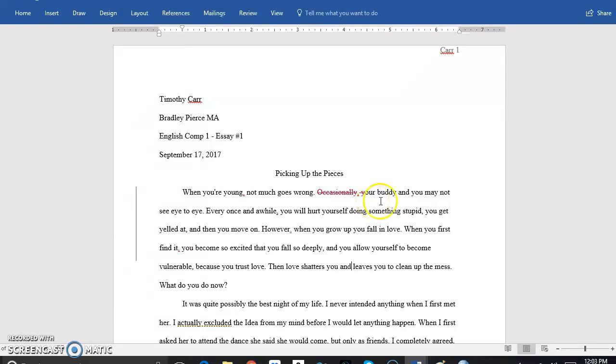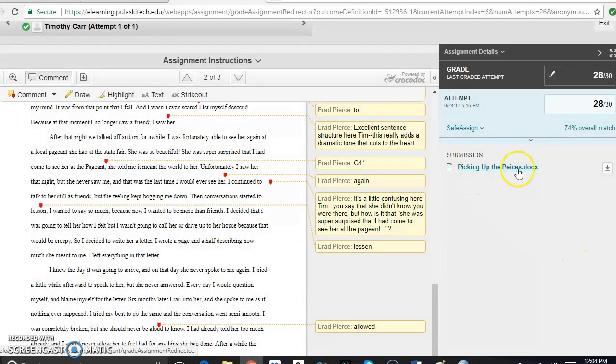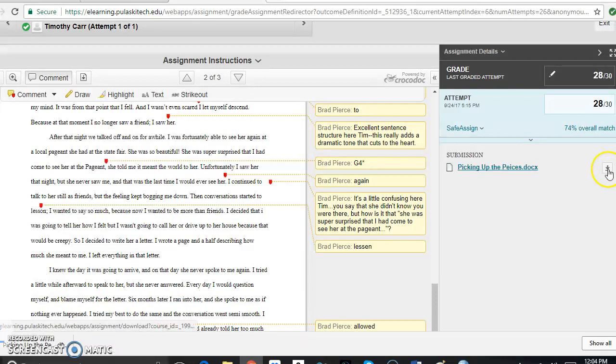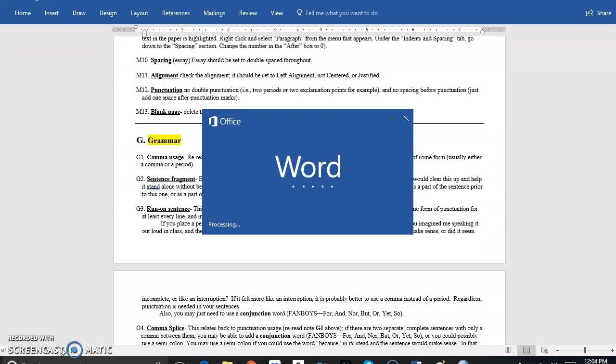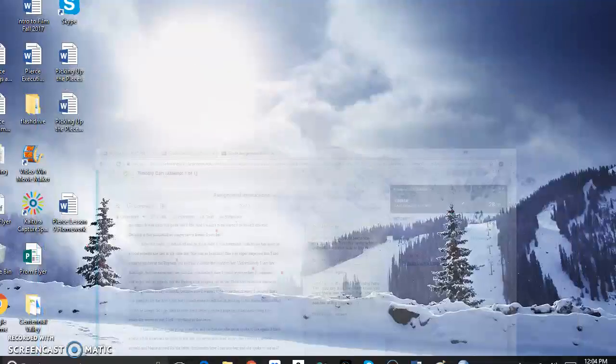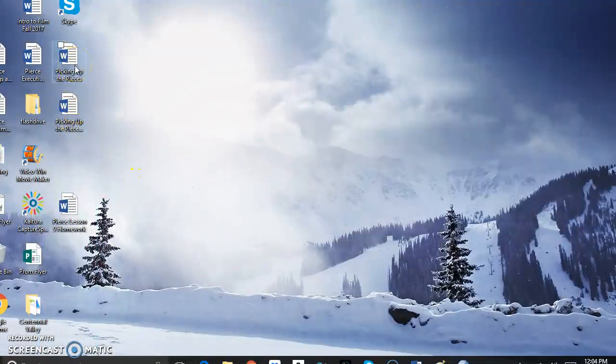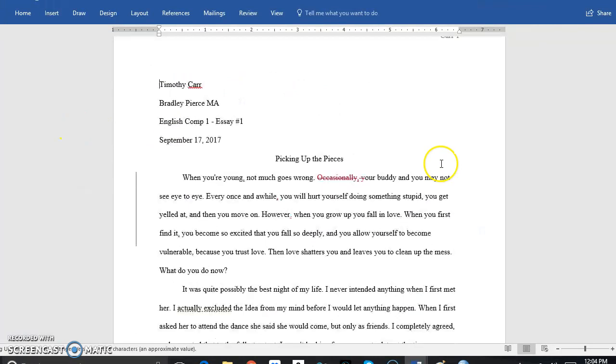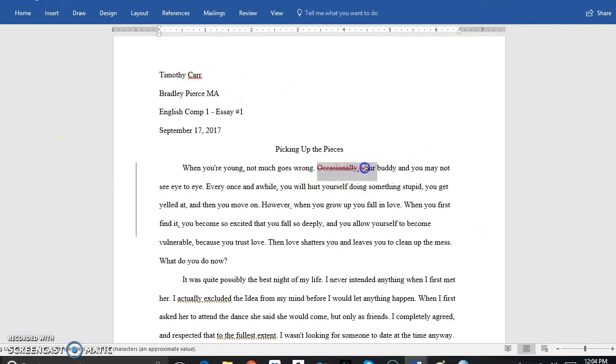Okay, but this is not where it would end. So you would want to upload the track changes version, and you would want to upload a clean edited copy. So I might download it again, open it up, and this would be a new version, but it's not the track changes version. It's not the one, it still needs to be edited. So what you have done is, let's find the track changes version, I believe is this one,